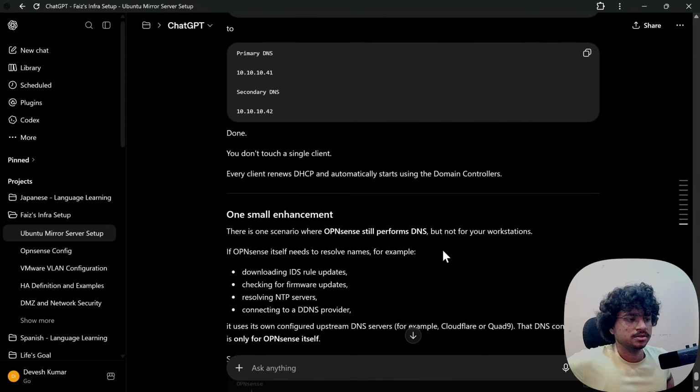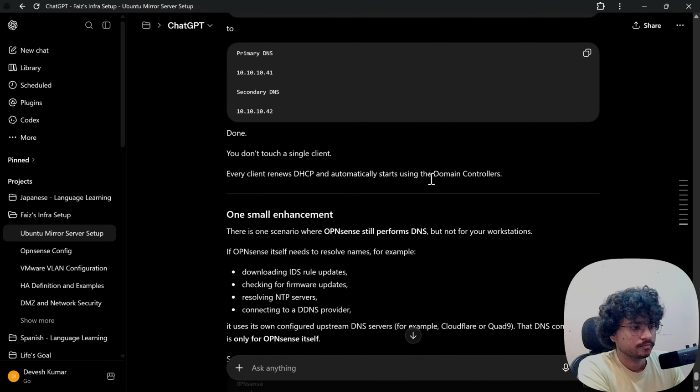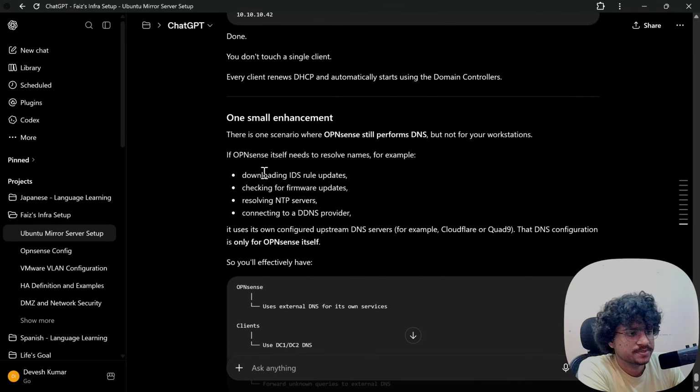Do not touch a single client. When a client renews DHCP, it automatically starts using the domain controllers. Since it itself needs to resolve names, for example,